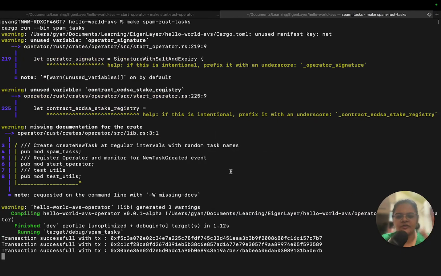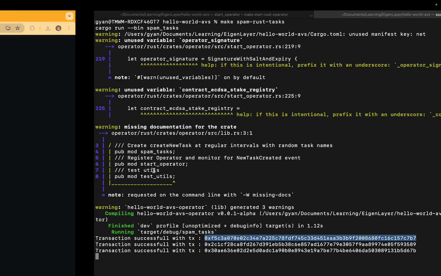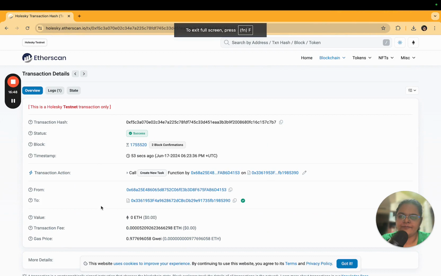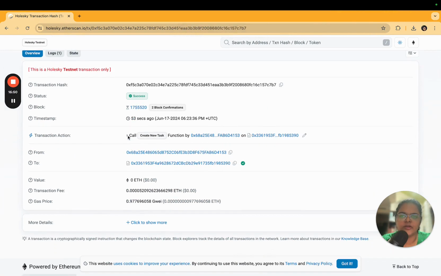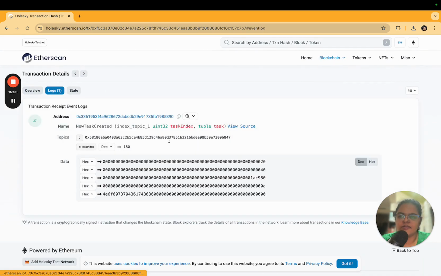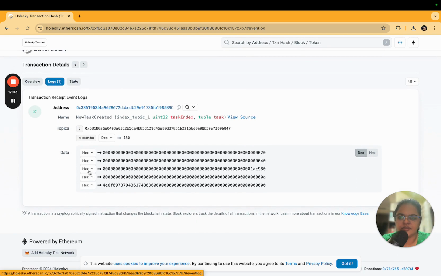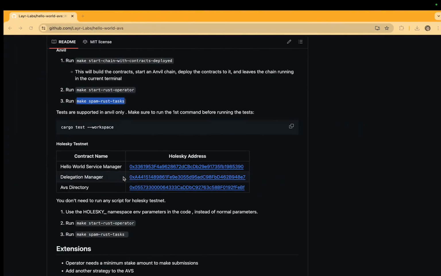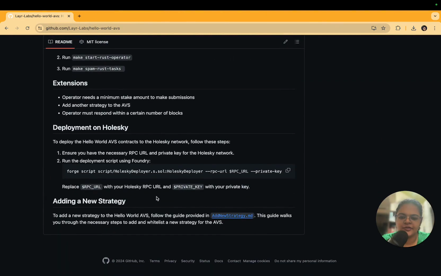And you can see transaction successful. So every time you're creating a new task, I will take the transaction hash and post it on this block explorer, and you can see success, right? So it called the create task function. You can see the logs that the new task was created with this topic and task index, the task itself. So yeah, this is a simple sort of build your own AVS,